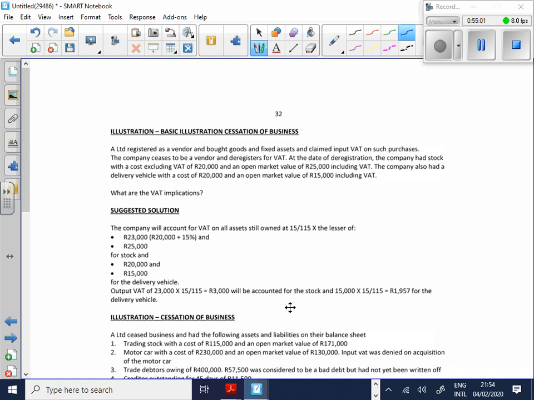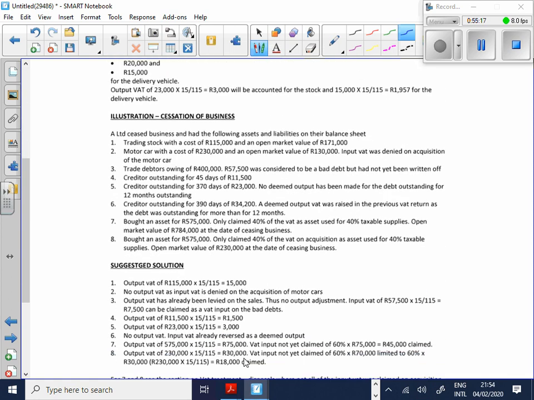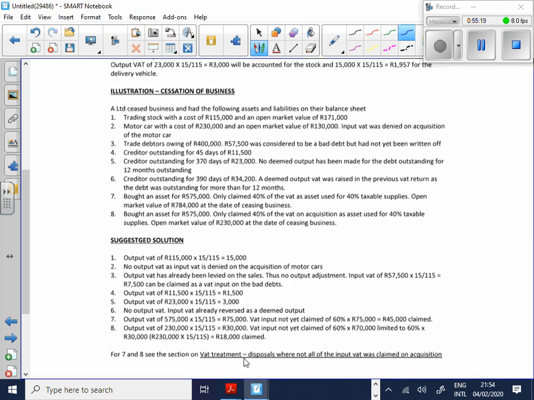The delivery vehicle is 20 and 15. Which one's lower? 15, so you deem to sell it for 15,000 times 15 over 115. You guys comfortable with that? Okay. Here are a couple of things that just cause stress in your life. So if you can do this example, you should be fine on anything for a number crunch on cessation of